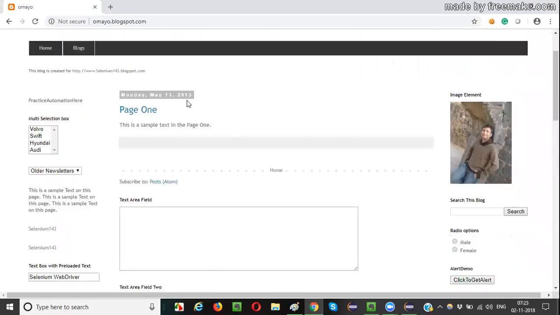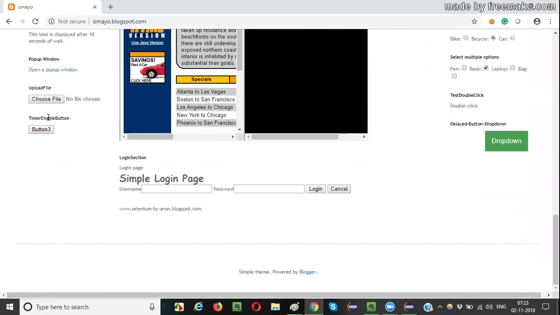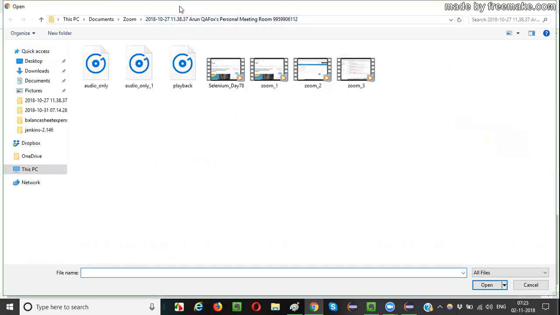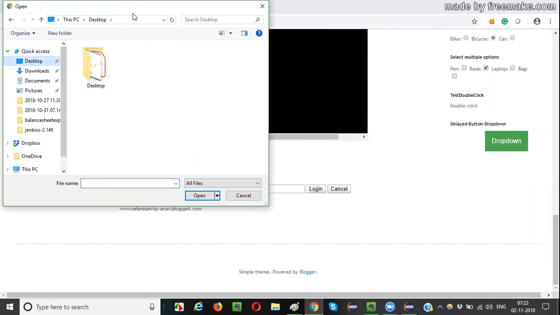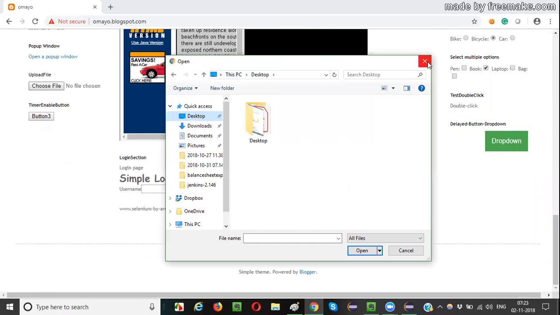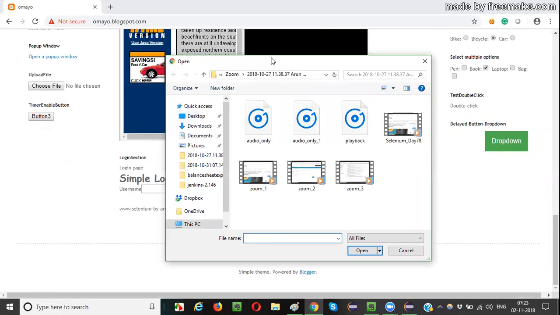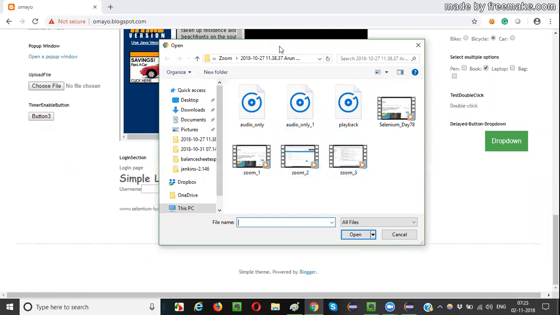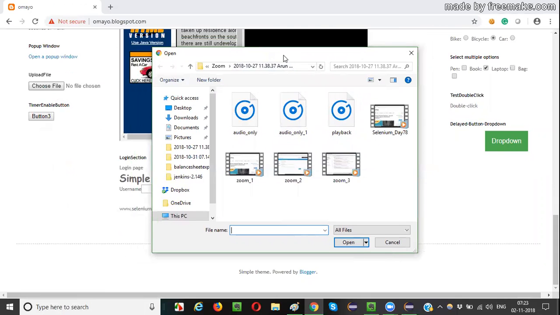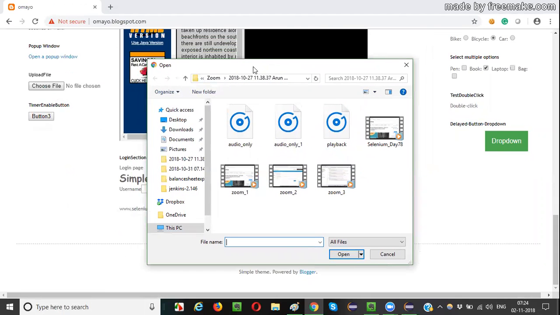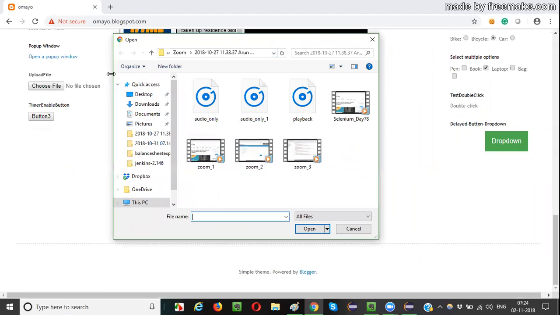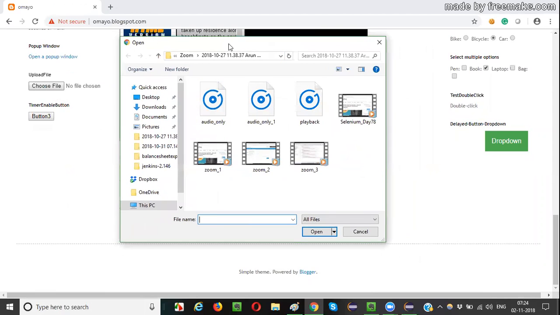After going to this application, click on this choose file button. When you click on this choose file button, you get a dialog here, guys. Right? This dialog is not browser based. It's not a browser, guys. It's a Windows dialog. You generally get this kind of dialogs when you try to save a file in Windows.